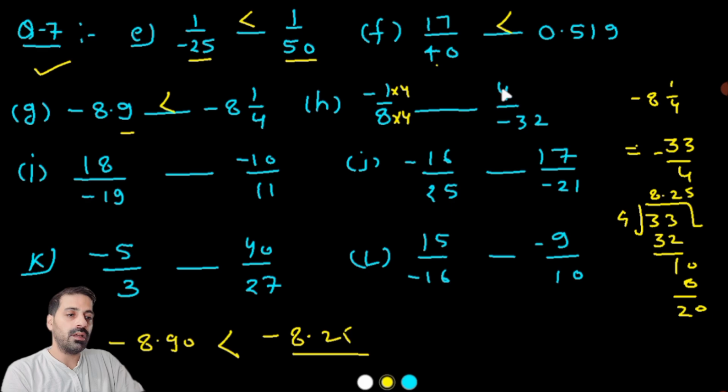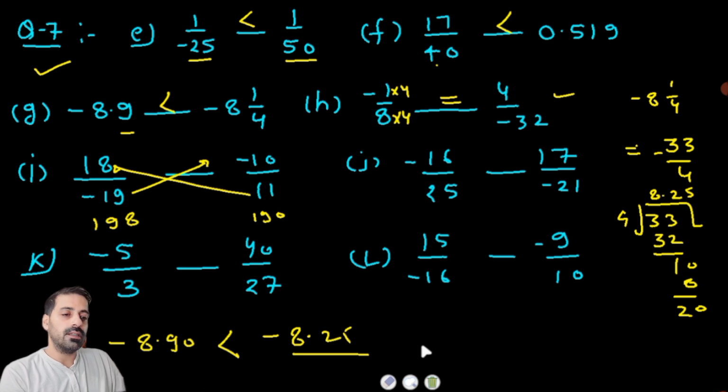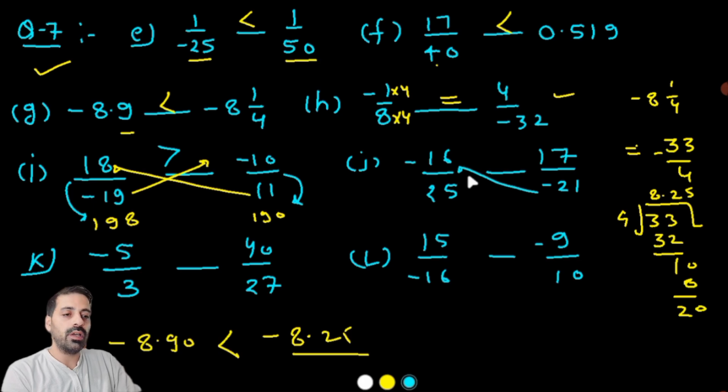Now in the same manner I can multiply by 4 here and I can multiply by 4 here, so I have the same value, so here we can apply the equal sign. Now this way, this 11 multiply here and this multiply here, so we have negative 190 here, and here I have 198. So I can see clearly which number is greater, beta. Which number is greater here? This number is greater because it has positive 198, and this value has 190.